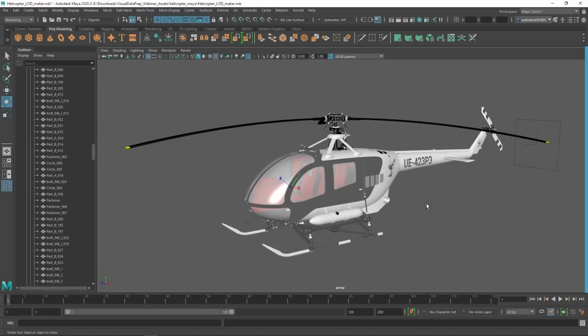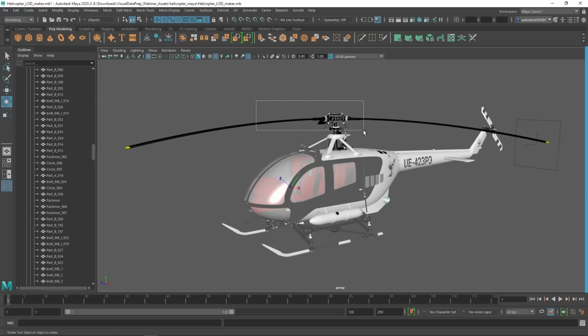Before we export the helicopter to Unreal, we need to do a little setup here. And we want the blades to spin inside of Unreal when we import it. So to do that, we're going to need to select the blades here. And there are a couple of things that we could do to allow us to select them in Unreal. We could add metadata and select by metadata. We could put all the blade parts on a layer. Instead, I'm just going to go ahead and group them up.